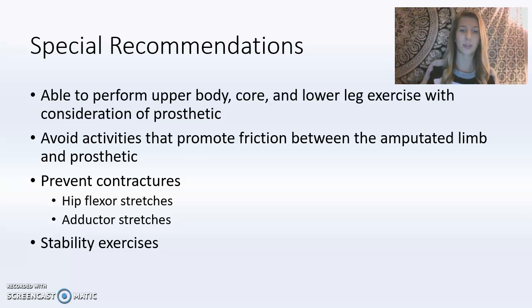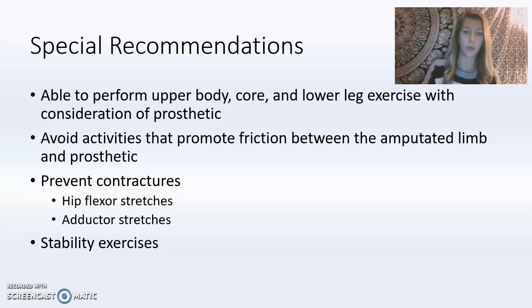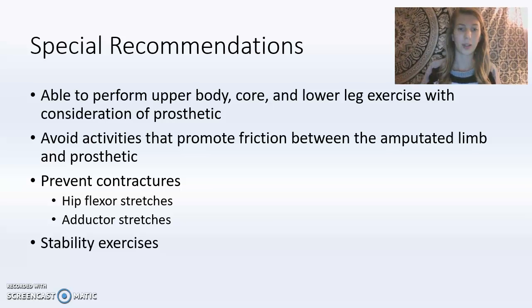Some stability exercises that she should perform are prosthetic leg balance, leg swings, prosthetic leg clock with arms, clock on an unstable surface, one leg squat, single leg deadlift, the hollow man, a plank, a bridge, and the Superman pull. Stability exercises will help free her from lower back pain. It will help the prosthetic feel more comfortable and natural, and it will help strengthen stabilizer muscles in her core,